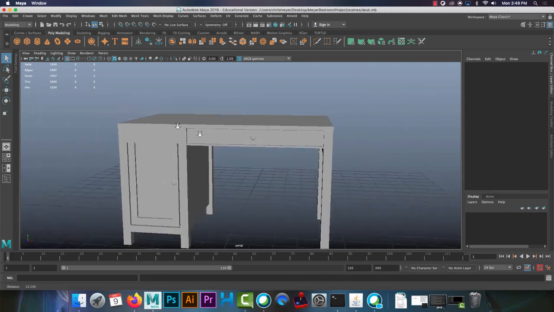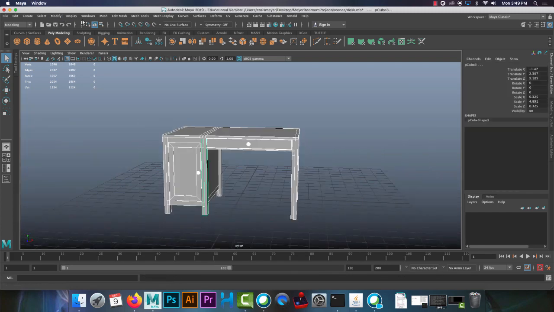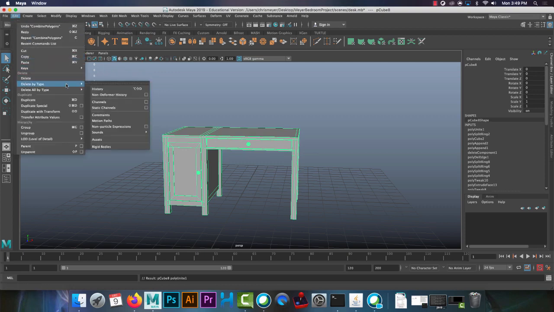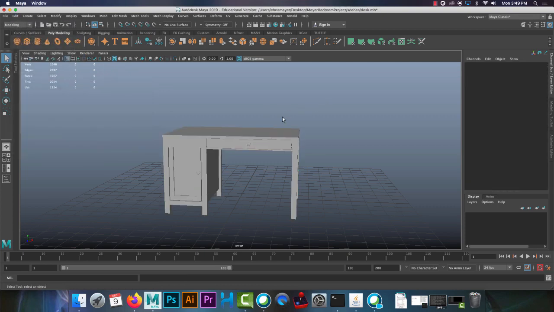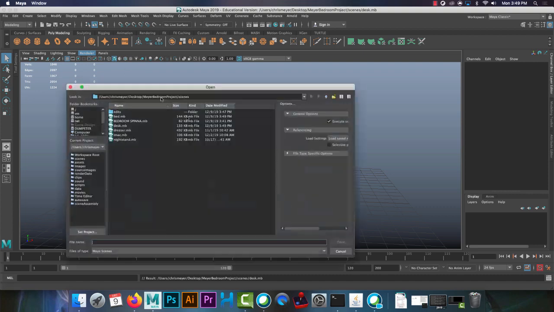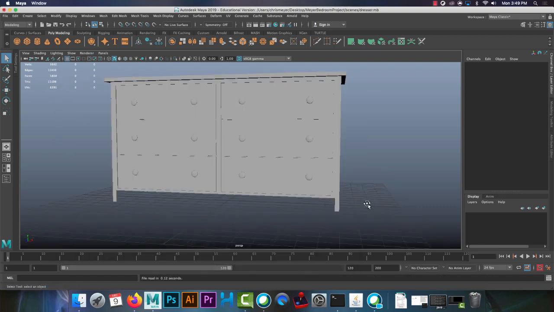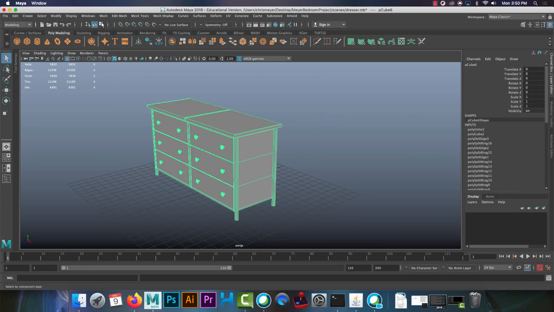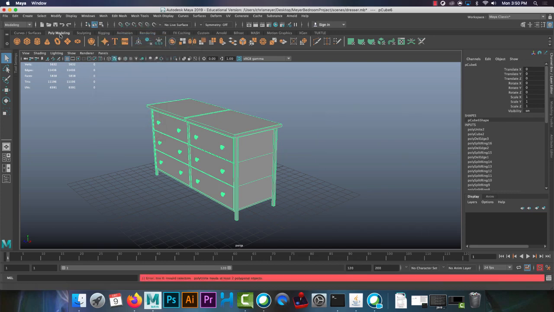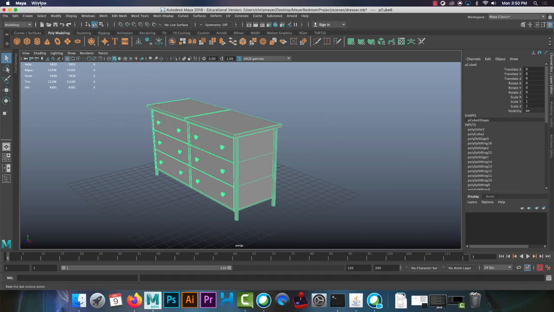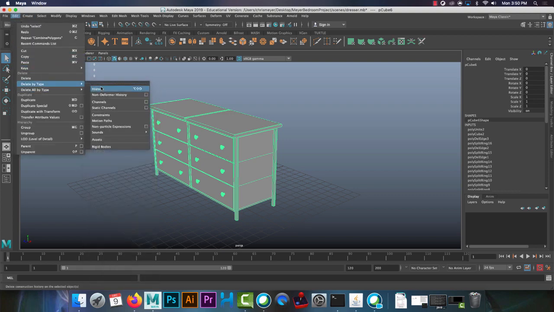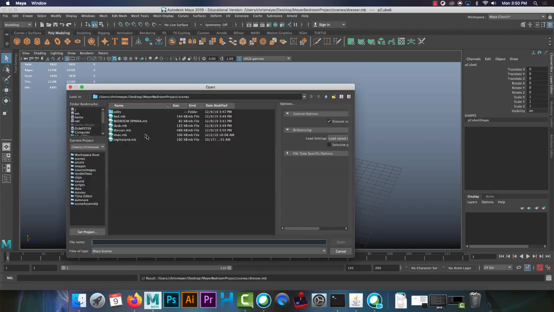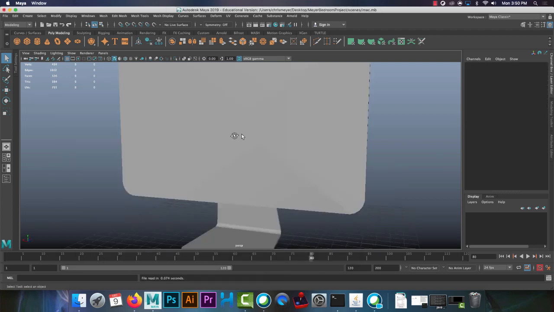Now I'll do the desk. Select this all, mesh and combine, and then delete that history, save it. And so you're going to do this for all 5 of the pieces before we bring it into our bedroom. Alright, so mesh and combine. Okay, this was already combined, good for her. And then I'm going to delete my history. Alright, that's 3, iMac,